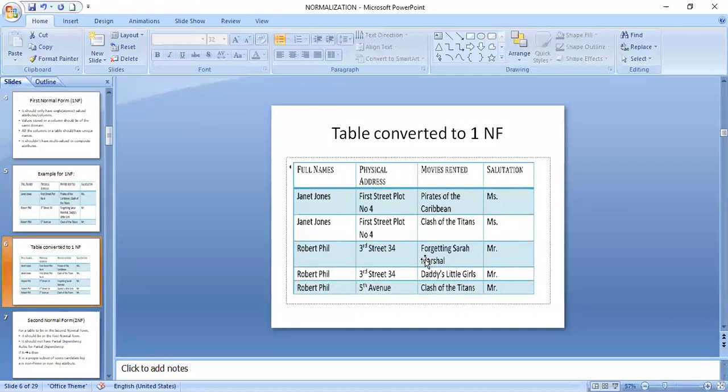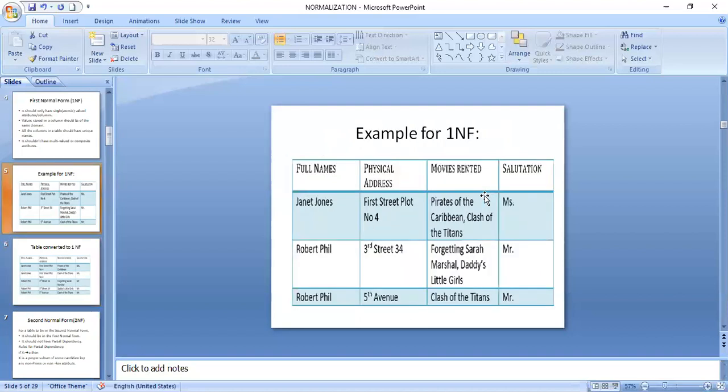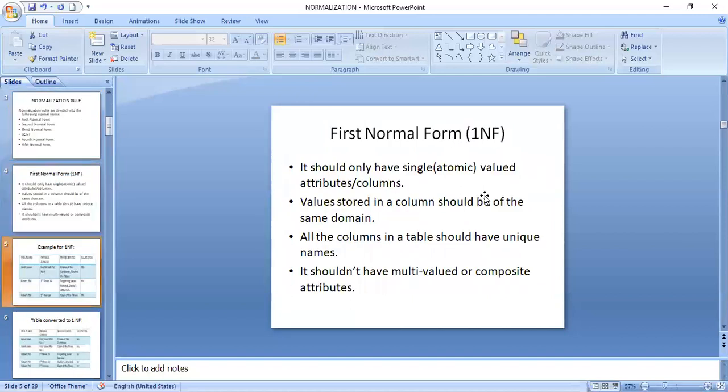Similarly, if you have composite attributes, you should add extra columns to the table, and then we can say that the table is converted into first normal form. Is this clear? This is what happens in the first normal form.